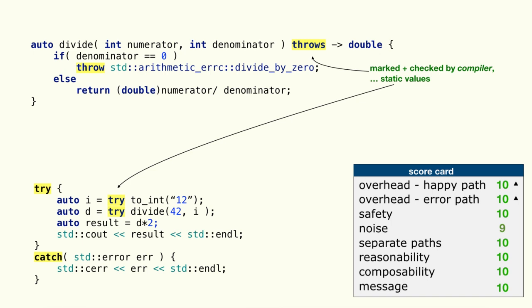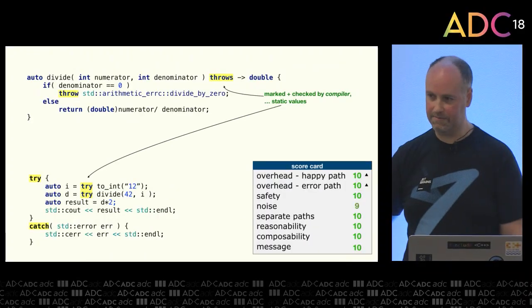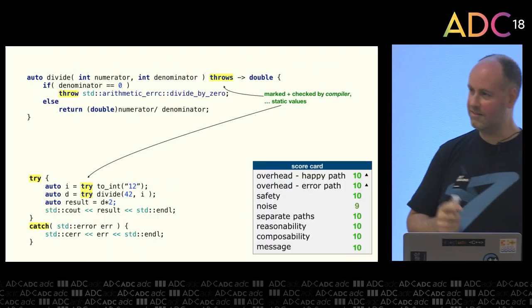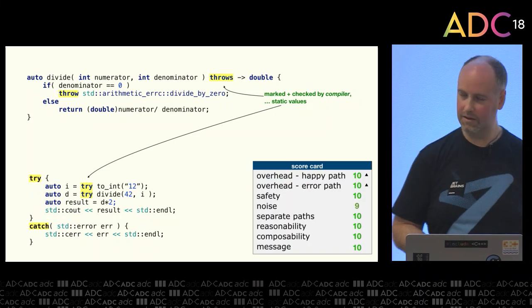Now look at what we got. It's almost 10s across the board, 10s and 9s across the board. And maybe you can quibble about the numbers, but this is where we want to be. I think we all agree. Almost no trade-offs. And this is not just a thought experiment.